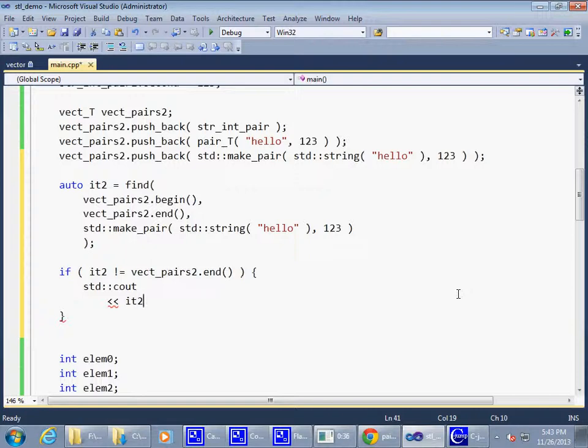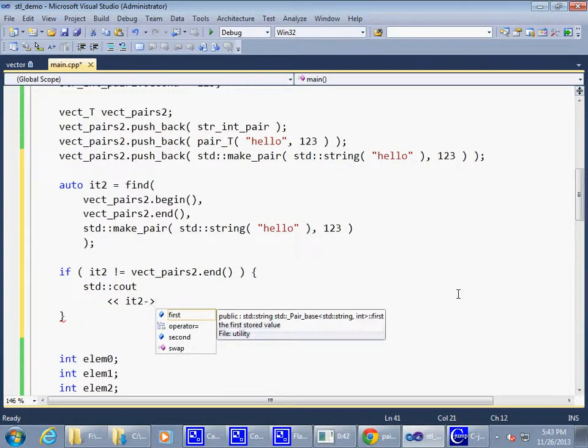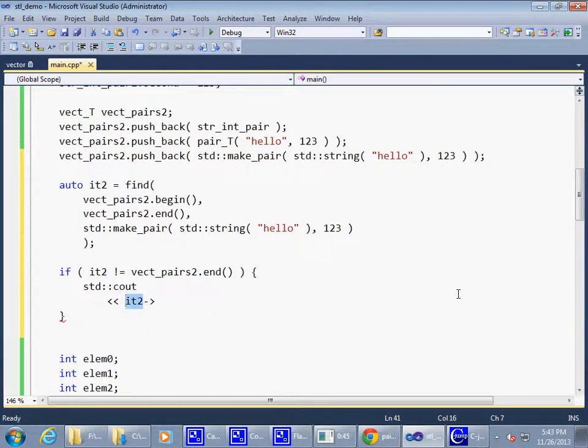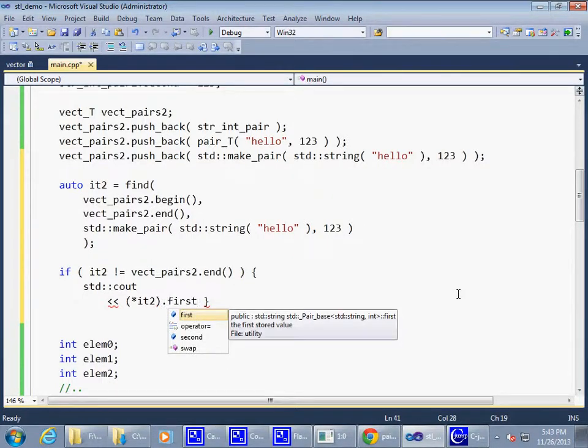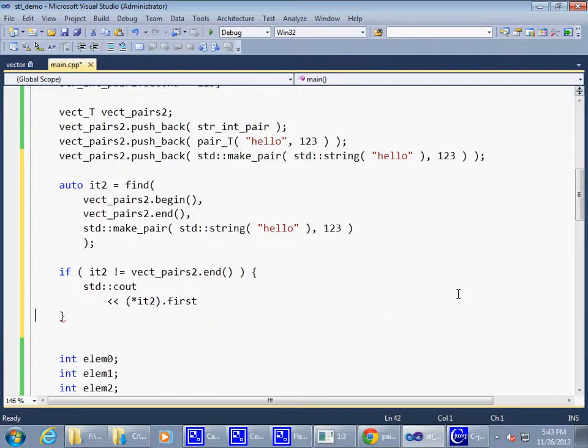All right, so iterator 2 is pointing to a pair. See, this is like a pointer to my pair. If I want to talk to my pair, I need to dereference the iterator just like this, and say then first, which is hello, and then also I need to dereference iterator 2, right, and say second. That should together print